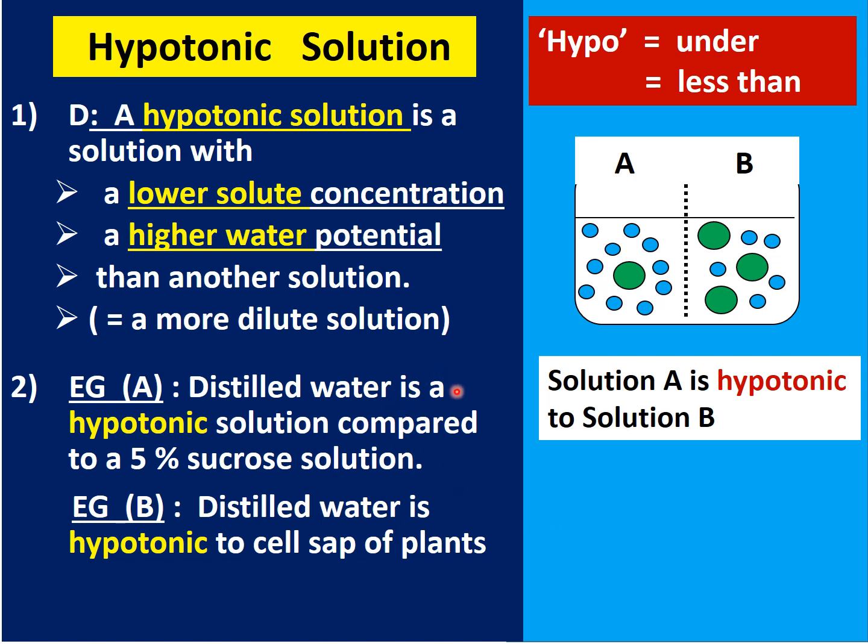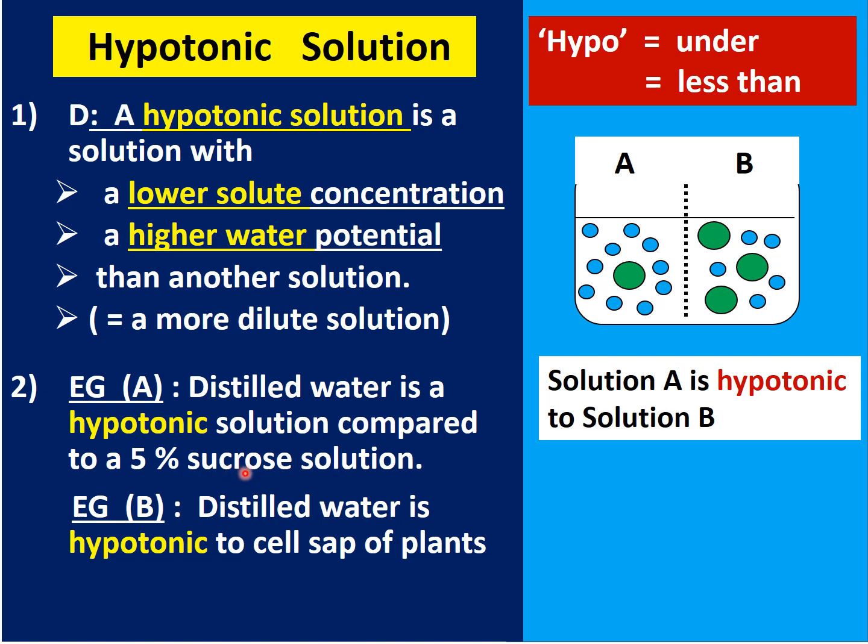Right. So example is distilled water is hypotonic compared to 5% sucrose. So distilled water is 100% water molecules. It has no dissolved substances. Thus, it's a very dilute solution and is the most dilute that you can get. So it's hypotonic to a solution that has 5% sucrose in it, meaning 5 grams of sucrose per 100 ml